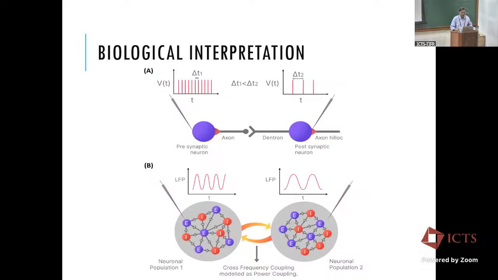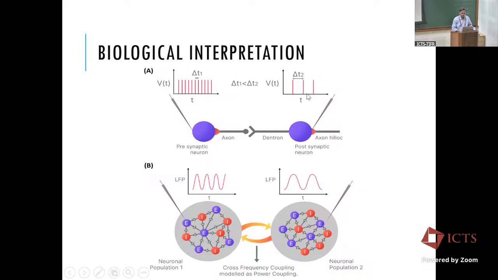Now the reviewer said, what the hell are you guys talking about? What is the meaning of this? Brain doesn't work like this. Then we told them a story that what's actually happening in the brain in neural interactions is something like this. Only thing is, don't look at single synapses and single neurons, but look at the neural ensembles. Therefore, if you're talking about coupling between two neural ensembles, you're talking about a whole bundle of synapses, not a single synapse. So we gave some kind of interpretation. Imagine these are all slightly higher frequency neurons, both excitatory and inhibitory, and they're balanced so that their spike trains are slightly desynchronized, so that the average activity gives you a nice oscillation.